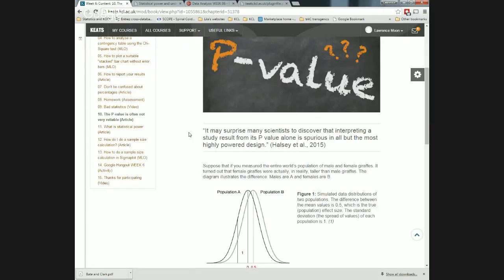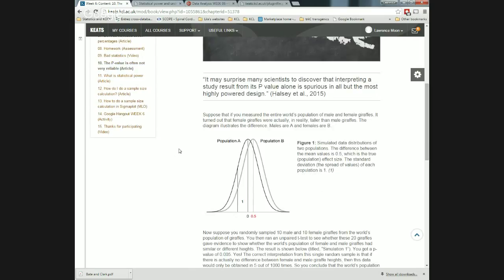It may surprise many scientists to discover that interpreting a study result from its p-value alone is spurious in all but the most highly powered design. And there's a really nice example of this in this paper from Halsey, and I've adapted it here to make it even clearer. So suppose that you actually measured heights of all the world's giraffes that have ever existed, millions and millions and millions of giraffes,